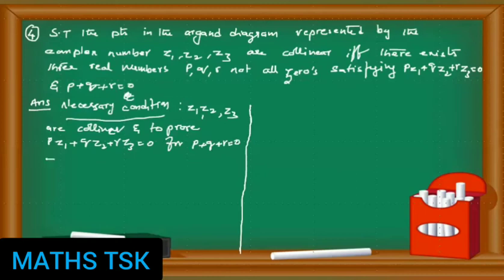Okay, so this is the necessary condition. So given Z1, Z2, Z3 are collinear,